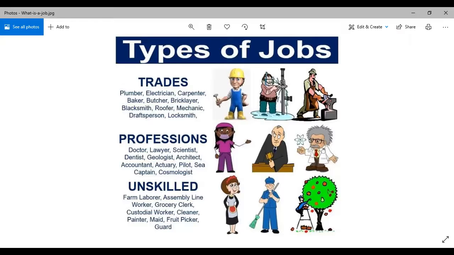So why are all of these duties unskilled? Because you don't need skills for that. Anyone can be a grocery clerk. Anyone can do the cleaning. Anyone can become a maid, right? So these are unskilled. This means that you do not need proper qualifications for that. But can anyone be a doctor? No. Can anyone be a lawyer? No, because they are proper professions and you need proper guidance, work and experience to attain that profession. So that is why professions are skilled work, and the next ones are unskilled. Got it? Okay.